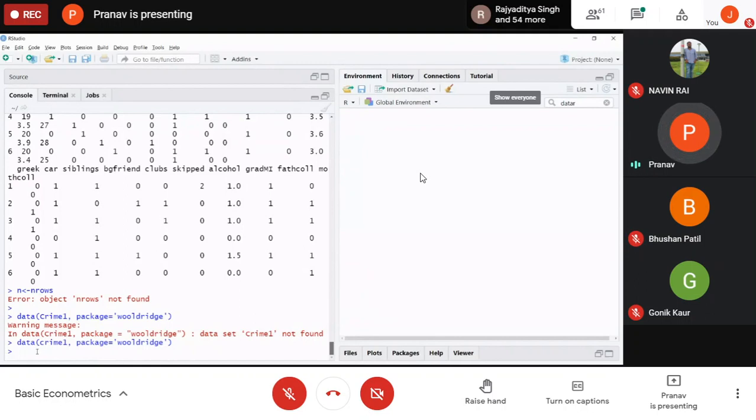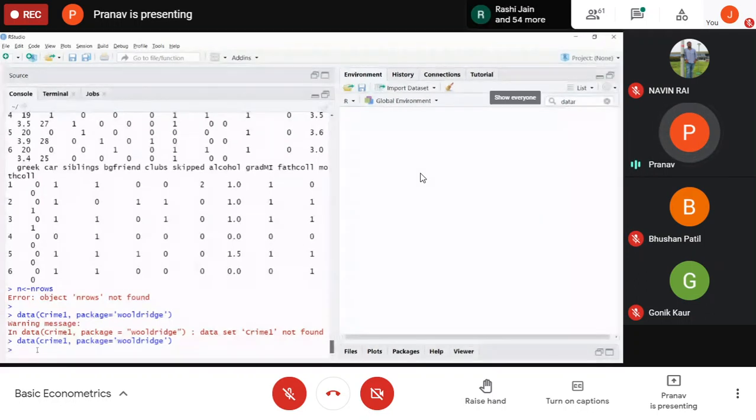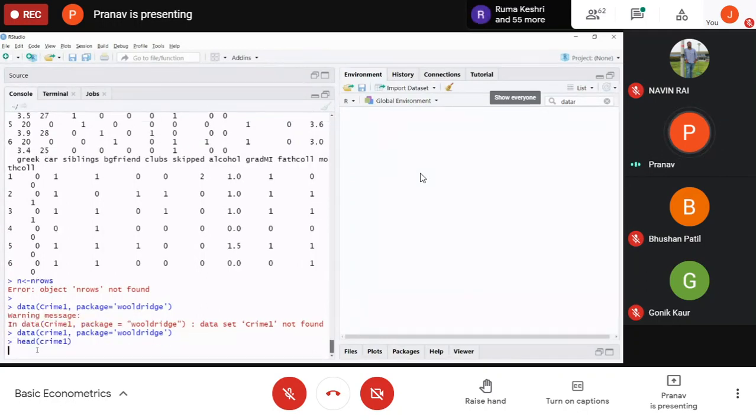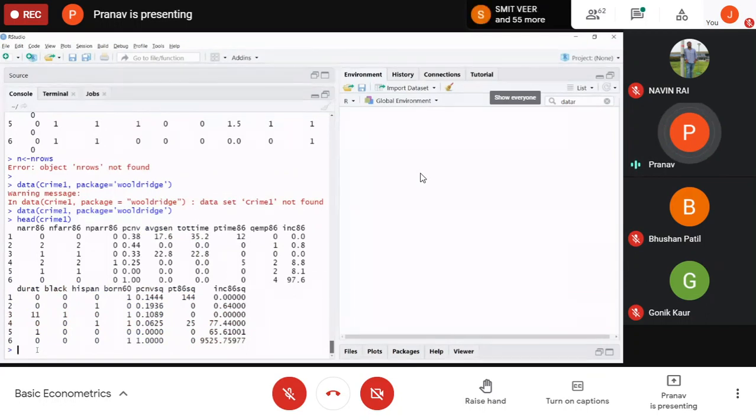Now what do I need? I have to run this regression, where my dependent variable is... So let me see the head of crime first. So this is how the data set looks. These are the variables that I have. So in this case, this becomes my dependent variable NARR86, PCNV, average sentence, present time, and quarter employment. These are the four variables that I have to run